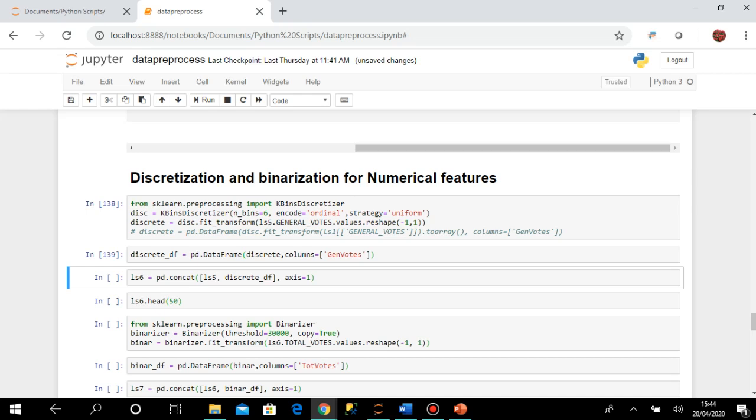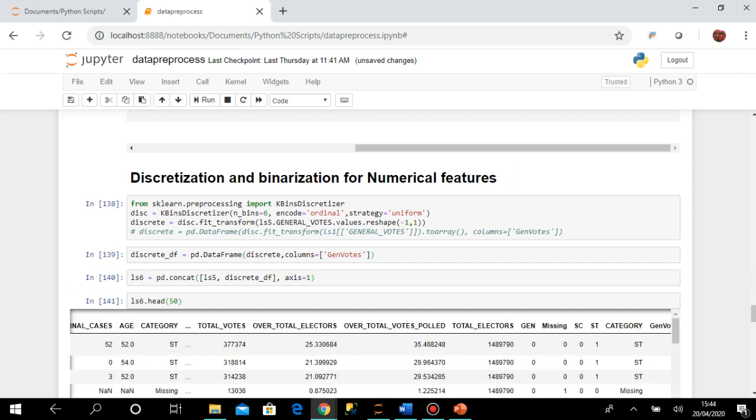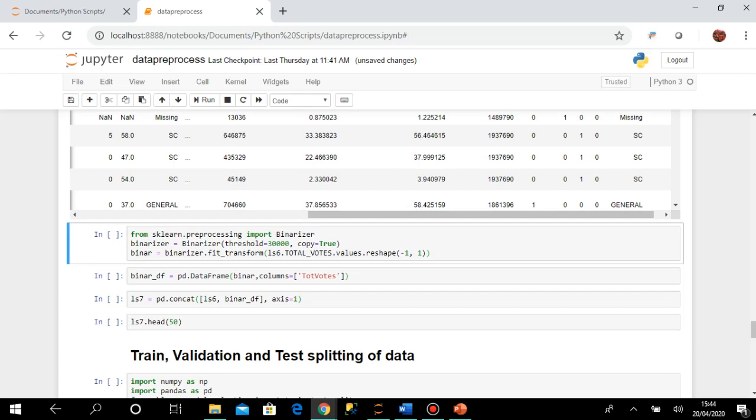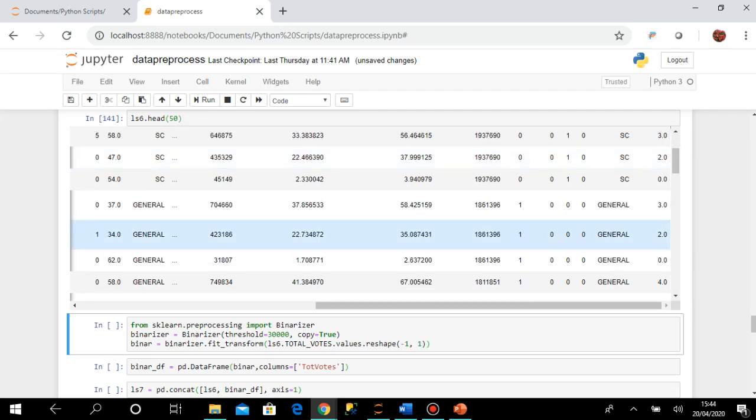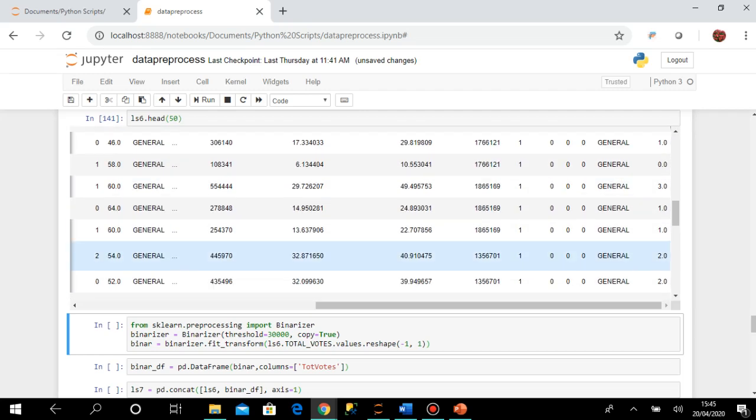I am concatenating with ls5 and creating a new data frame, that is ls6. Let us execute this. So if you see, there is a general votes column, and it is having some 1, 0, 2, 3, 4. These are the possible values.